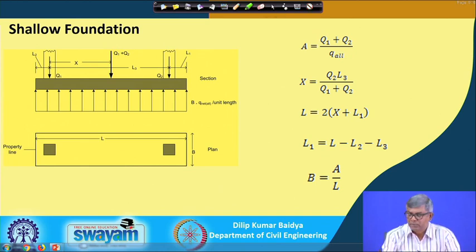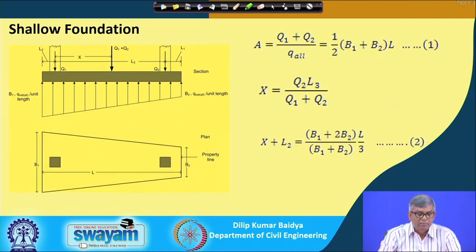Similarly, in shallow foundations there may be another type of footing, where there are two columns having unequal load, and again there may be some restriction on one side, or both sides restricted. From this column you cannot go beyond L2, from this column you cannot go beyond L1, something like that if it is given. Then sometimes you may not be able to do a rectangular footing. To make uniform pressure below the footing, you may have to go for a trapezoidal footing. So, that is the thing shown here.